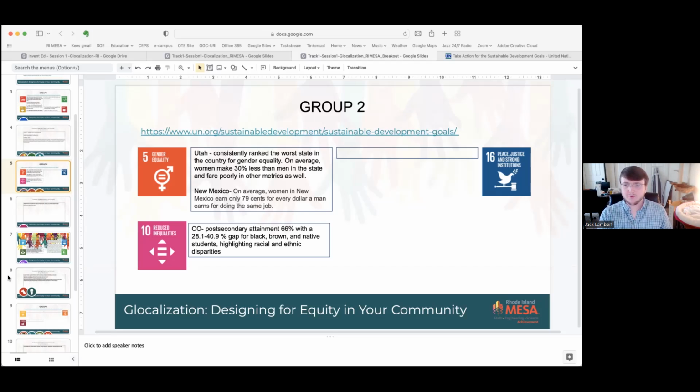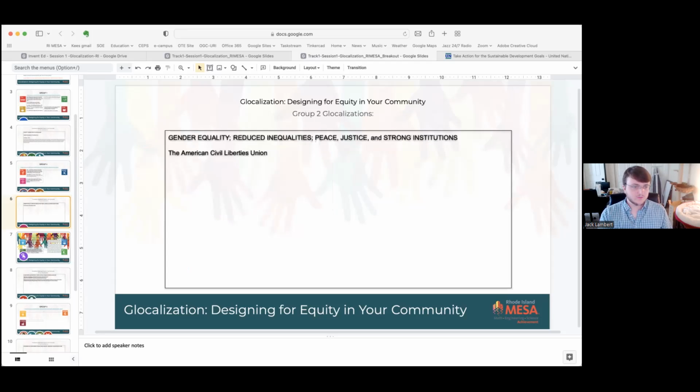And then I don't know if anyone found anything for the UN Standard 16, but we didn't get a chance to talk about it much, so I might have to leave that blank for now. And then going on to the next slide. I think this is one that we are still trying to get to as well with the time we had, but the ACLU is always one of the better organizations to go to for this kind of stuff, and they've got a presence pretty much everywhere as far as I can tell.